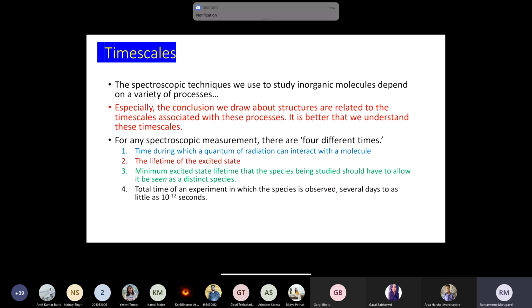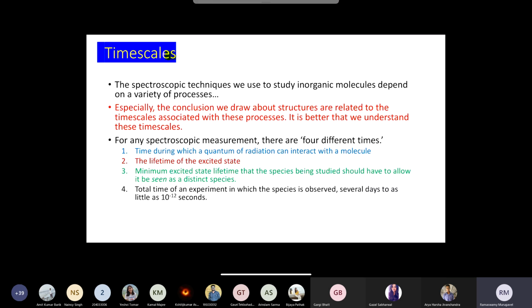So when I talk about timescales, it's just not one time. There are different times, actually. When you're talking about a spectroscopic measurement, you have to consider at least 4 different times. It's like the 3 hands of a watch or a clock: all the hands are important. Likewise, these 4 different times are important when you really want to talk about timescales of